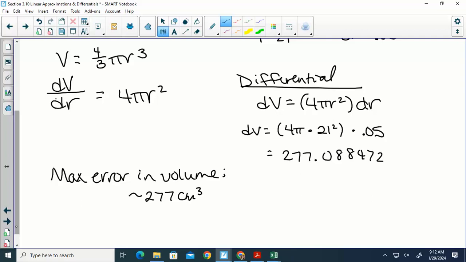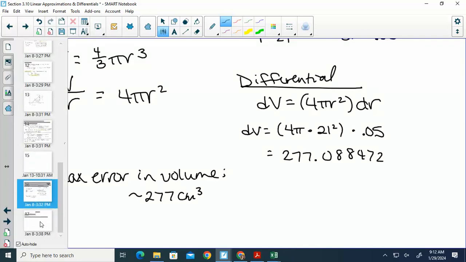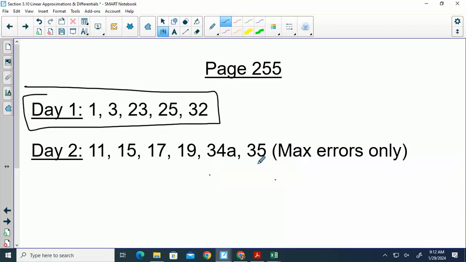All right, so that is the end of what I wanted to cover in this section. So just a side note on the homework, problem 35, it asks you to do a lot of different things. All I want you to do is the maximum error. It asks you to do like relative error in that as well, and I'm not talking about that piece. So you're just doing the max